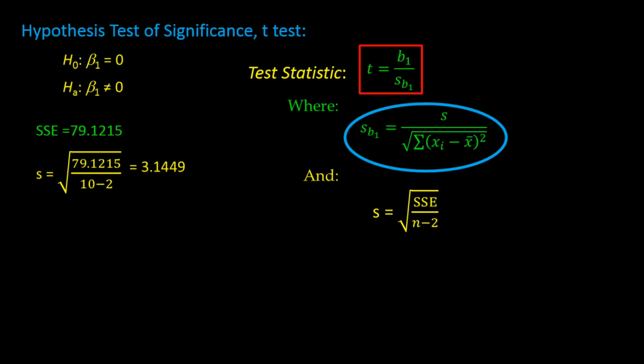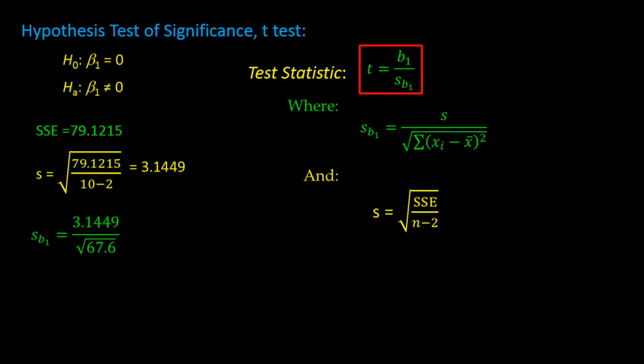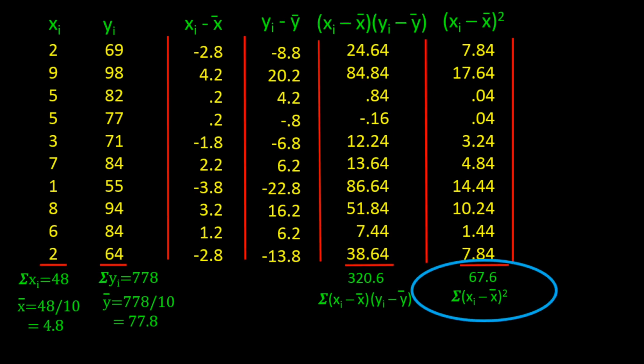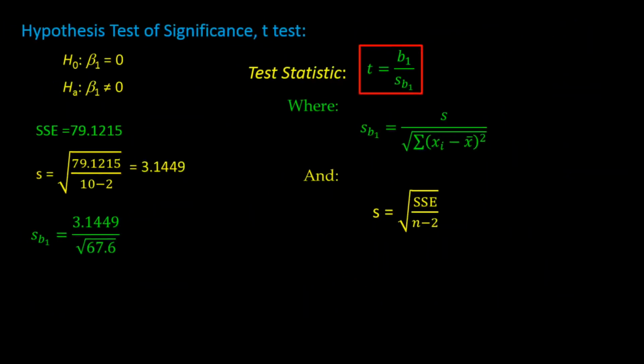And that is the s that we just calculated over the square root of the sum of the x sub i's minus x bar squared. So sb1 is 3.114 divided by the square root of 67.6. If you remember back when we calculated the slope, we created a column of each x minus the mean, squared, and added it up, and we got 67.6 over here. So this is the same number we're using again. Okay, back to our calculations. We get sb1 as